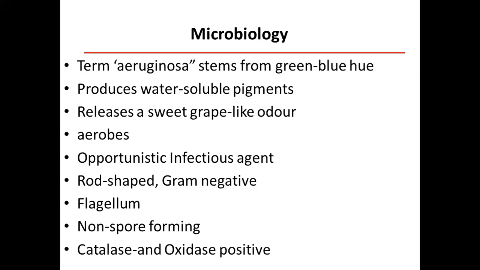So if you're trying to identify a specimen that you have grown on your agar plate, such as MacConkey or different agar plates that you're using, first the color change. The colonies will be quite colorful, and also will have a very fruity smell, some textbooks describe it as sweet grape. For me, when I culture it, yes, there's a distinct smell. How they came to conclude that distinct smell is fruity, maybe it depends on how you smell it. So that's a very good indicator for us to identify